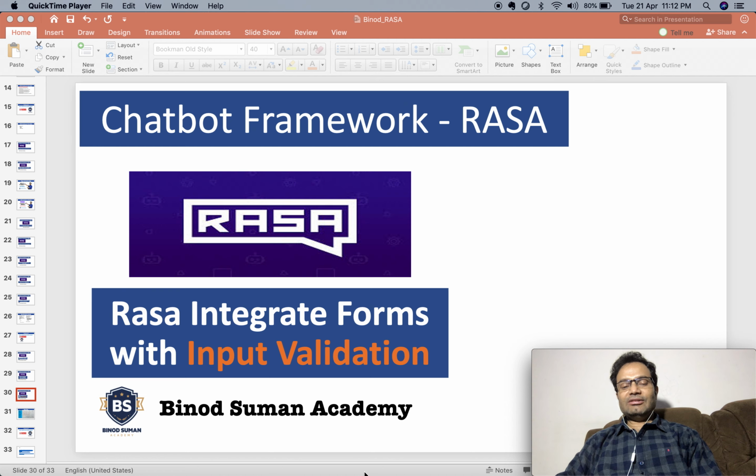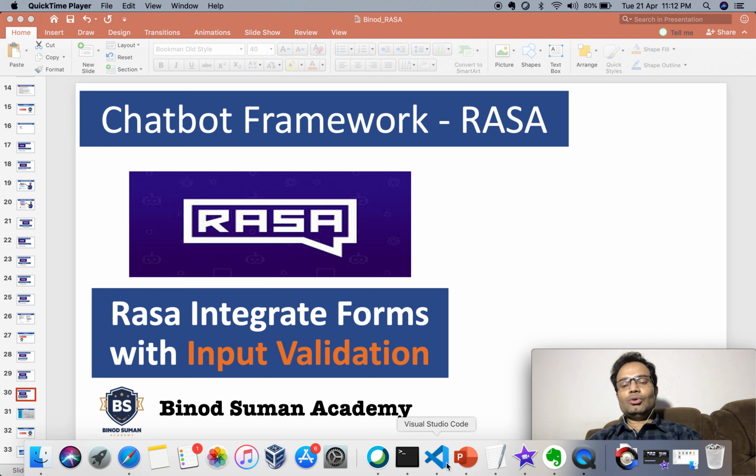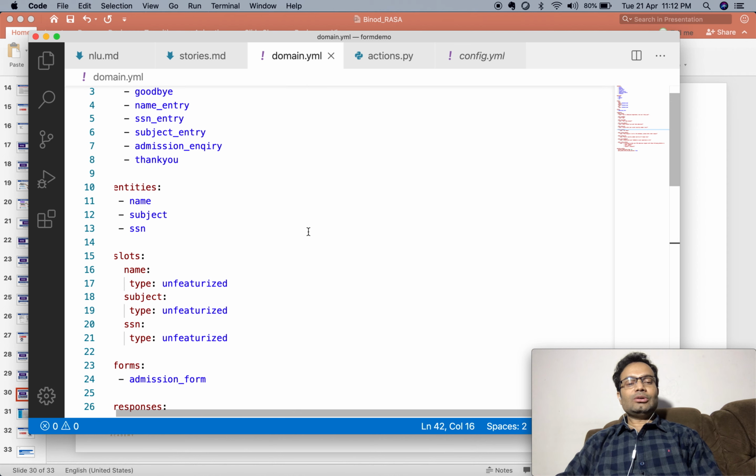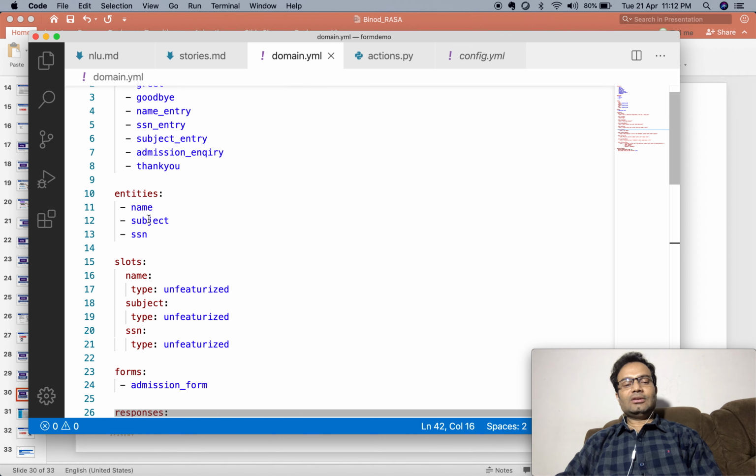If you saw last time, in the code base, what are the entities we had, and the same we have as slots also: name, subject, SSN number. In this way, what the NLU used to do is, if the name of the entity and the slot are both the same, it takes the data of the entity and puts it into the slot. So you do not have any control over that, right? You just get the data, as we have shown in the last video.